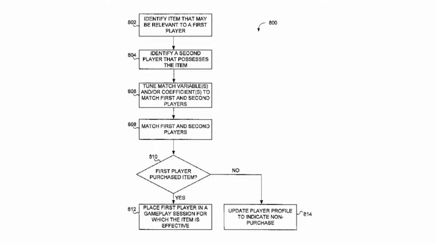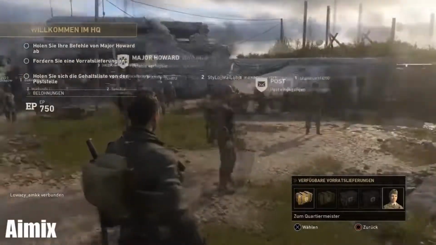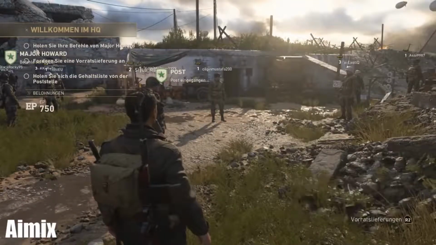Like, oh, I don't know, a certain patent for a matchmaking microtransactions engine that allows players to view items owned by others to manipulate them into purchasing them. While World War II doesn't implement the patented system to its full extent, you can see that the basic idea is all there. The social hub matches you with 47 other players with God knows what kind of shady algorithm,